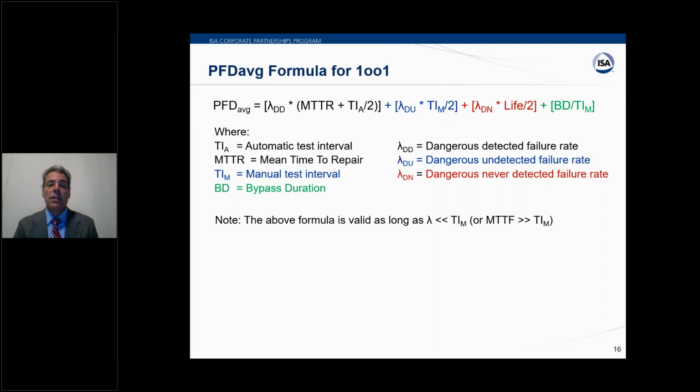The black portion is if a device has diagnostics, so it's the dangerous detected failure rate, and there's a mean time to restore or repair. Terms have changed subtly in the standards. Test intervals, whether they're automatic testing, which is usually almost seconds or scans on an intelligent device, and that black portion has a minor impact. The blue portion has a significant impact, and that's the dangerous undetected failure. Those are the ones that you have to manually test for as thoroughly as possible